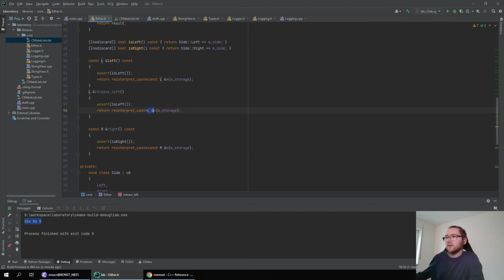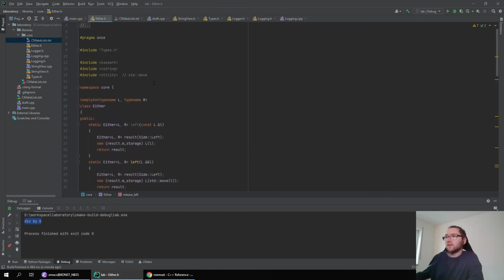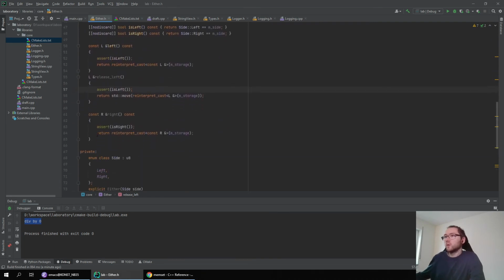So I just cast it to a reference of type L, then use std::move to explicitly move it out. I think I can do this. I also already documented that I'm using move.